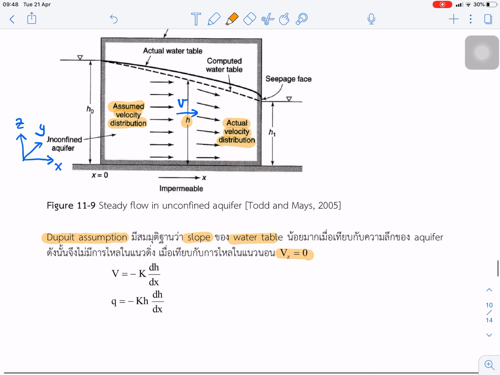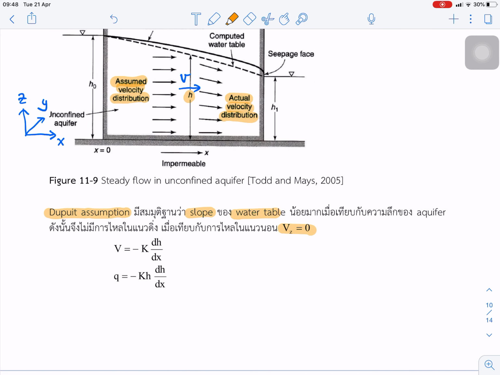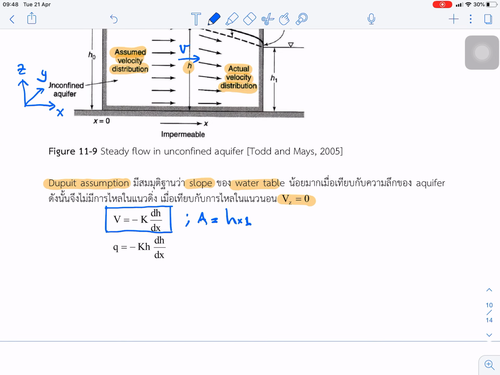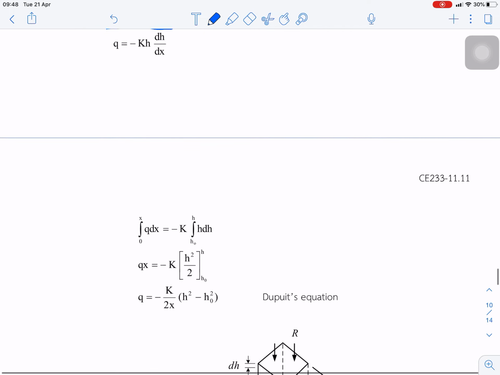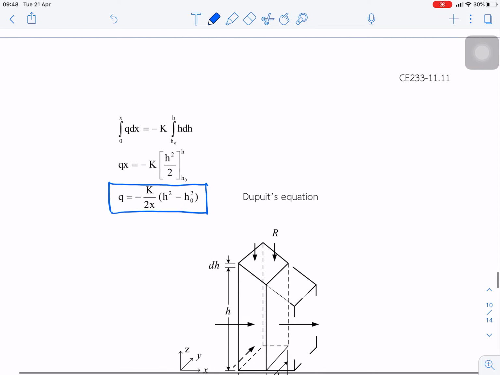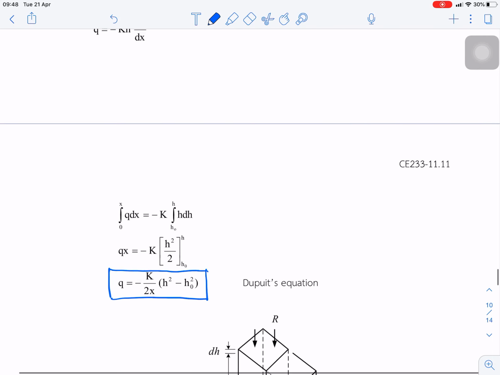Okay, so we can start to estimate the flow. We can use this Darcy velocity times the area. Okay, v times area to get Q, so we can estimate the flow passing through this unconfined aquifer. And the next step, we can